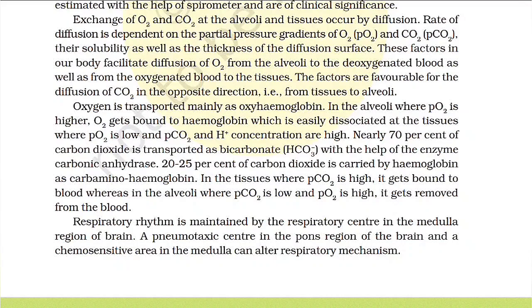Oxygen is transported mainly as oxyhemoglobin. In the alveoli, where partial pressure of oxygen is higher, oxygen gets bound to hemoglobin, which is easily dissociated at the tissues where partial pressure of oxygen is low and partial pressure of carbon dioxide and H+ concentrations are high. Nearly 70% of carbon dioxide is transported as bicarbonate with the help of the enzyme carbonic anhydrase. 20 to 25% of carbon dioxide is carried by hemoglobin as carbaminohemoglobin. In the tissues where partial pressure of carbon dioxide is high,